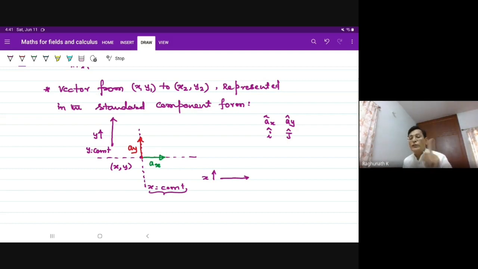Its direction is fixed. Perpendicular to y is equal to constant line passing through the point of interest in the direction of increasing y. Because